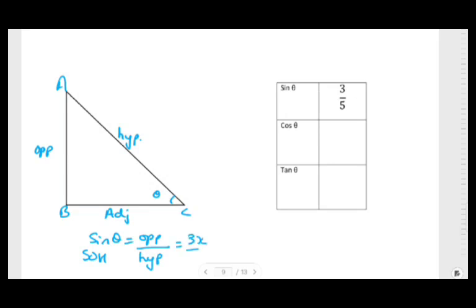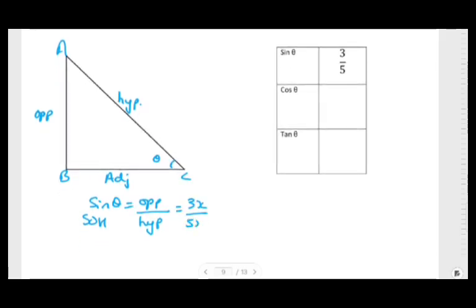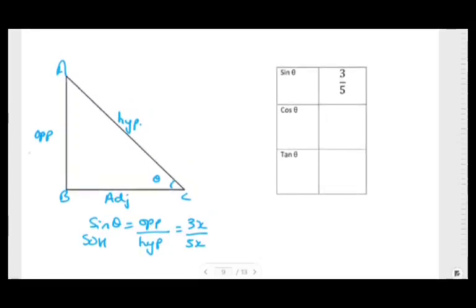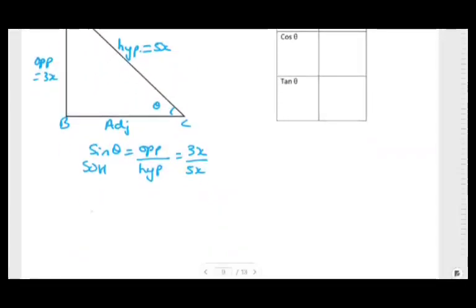Value given as 3x upon 5x. So my opposite value is 3x. My hypotenuse value is 5x. By Pythagoras theorem,